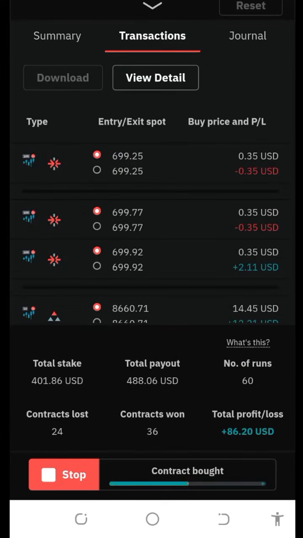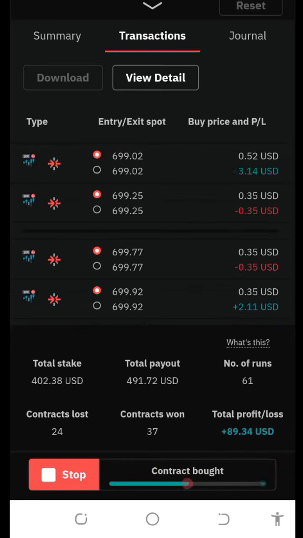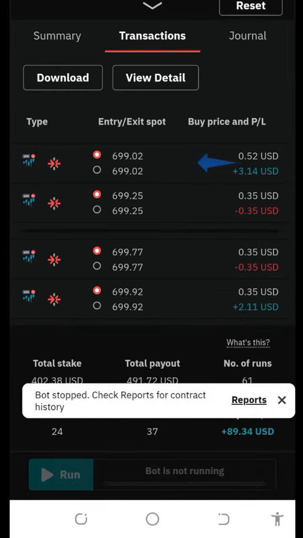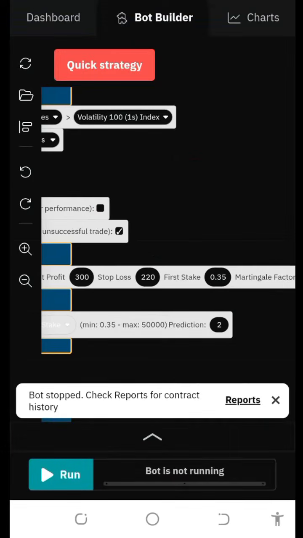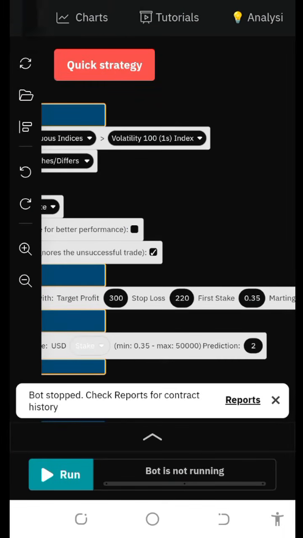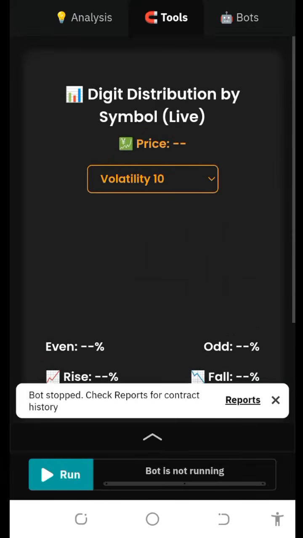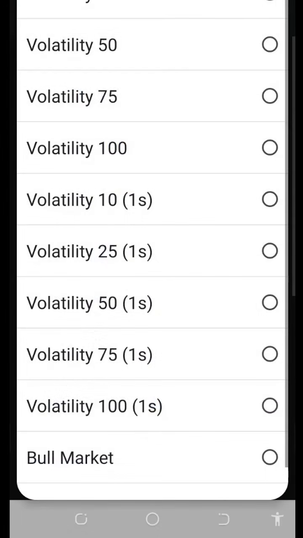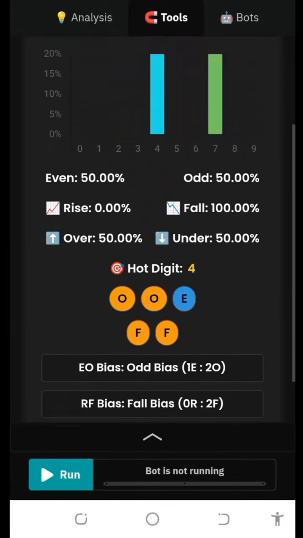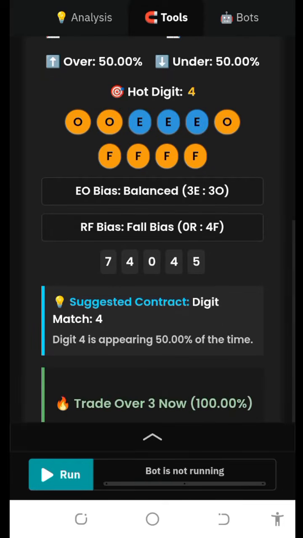Let's see. First run a loss. Second run a win. Okay, we've made $3. You can see, guys. And then you stop the bot. In case you're doing digit match, once you win, stop the bot, because again, things will change. But this strategy is normally good when you wait for